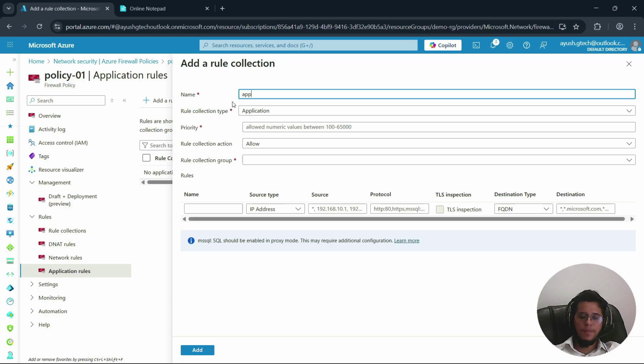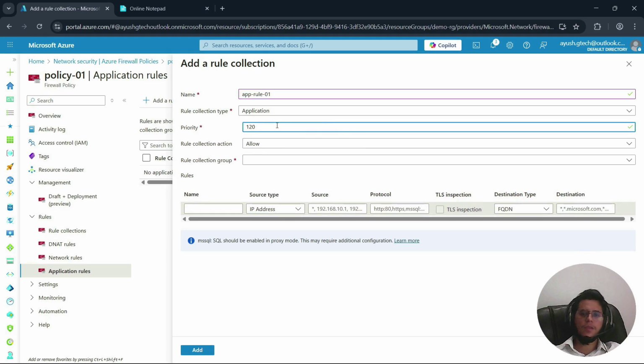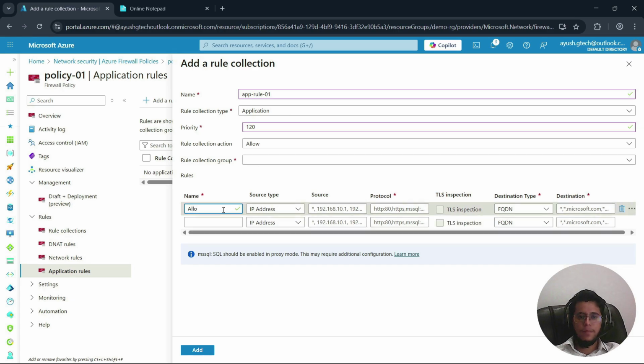So for example, this is my app rule 01. Inside this one, I'm setting the priority 110 or 120, any priority you can give. And here I'm using allow Microsoft. Now here in the source IP, I'm giving the IP address of my virtual machine.